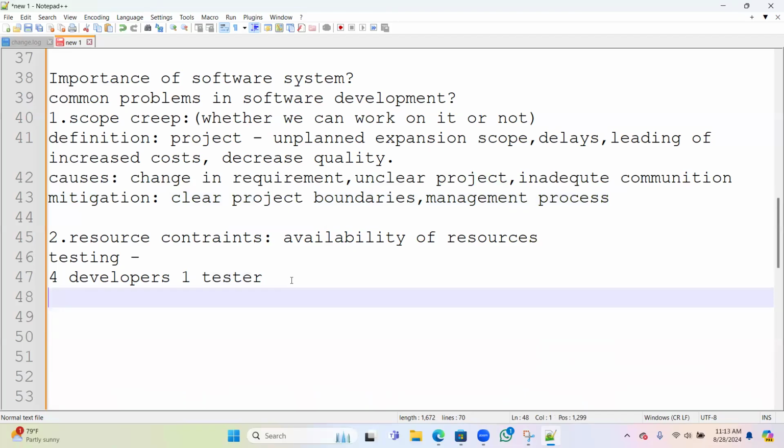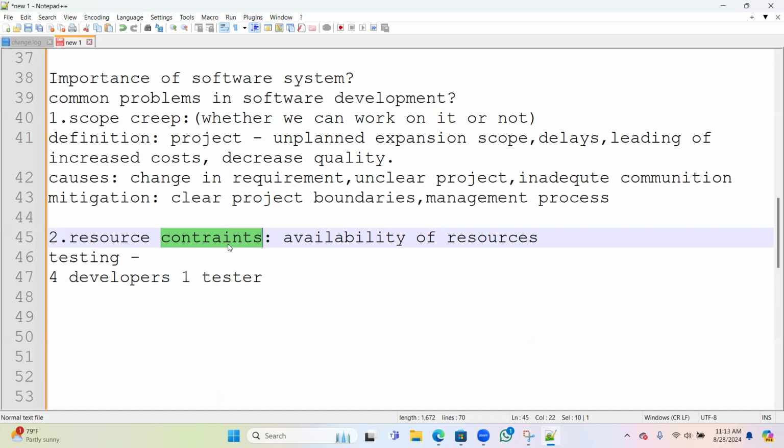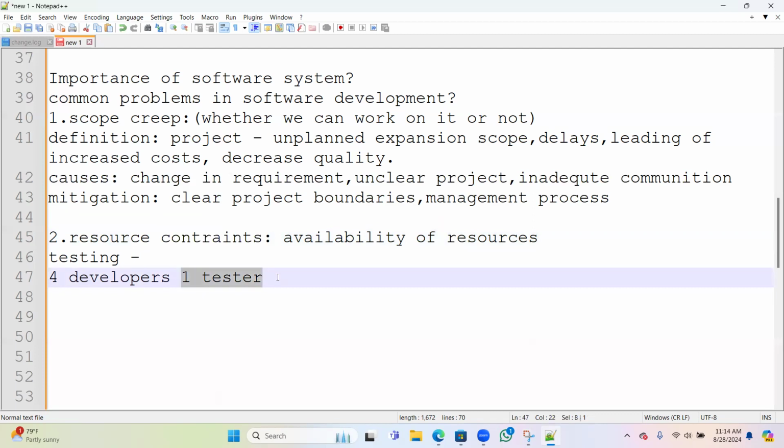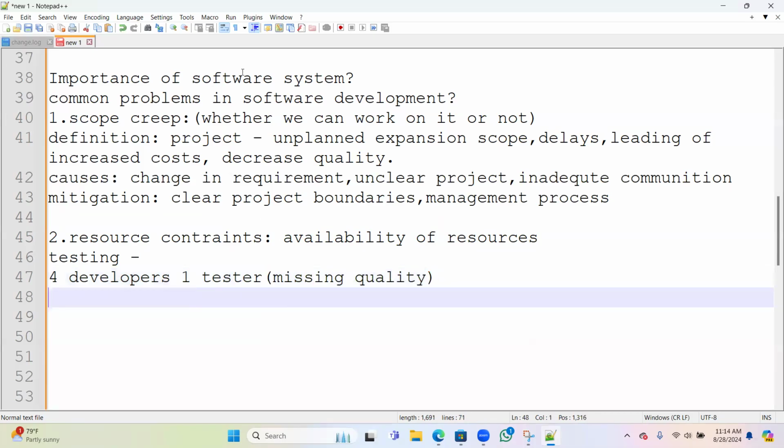Okay. So even this resource constraint also impacts. For example, in some projects they might need maybe two testers or four testers. What they will do, because of some budget issue or something, is use only one tester for all the work. What happens is, take myself for example, I can complete the given work, but I can't maintain quality. We'll have a lack of quality, meaning we can't do proper testing. So that is one of the issues we face in the software system. Okay.